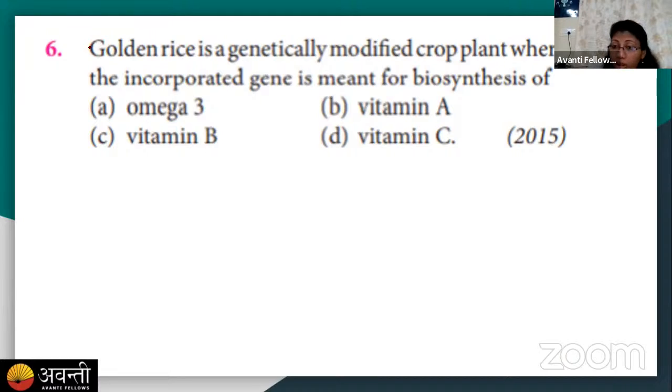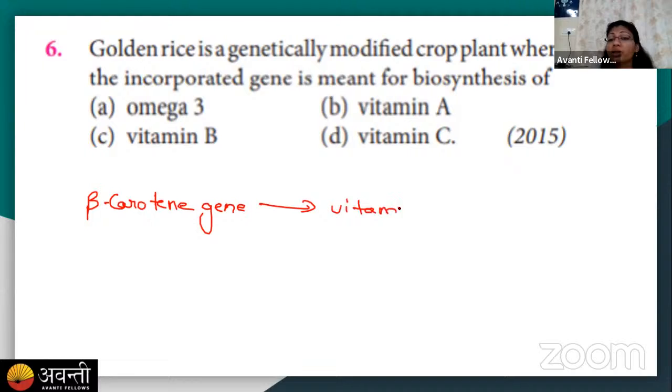So we were using the beta carotene gene. Here we have introduced the beta carotene gene from the daffodil. And this beta carotene gene is responsible for the formation of vitamin A. Okay, just tell me the name of the process which we are doing. When we enrich a plant for a particular nutrient, that process is known as